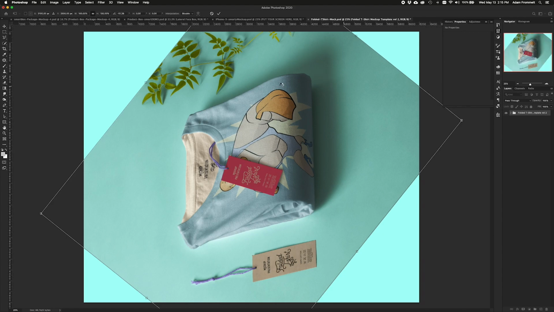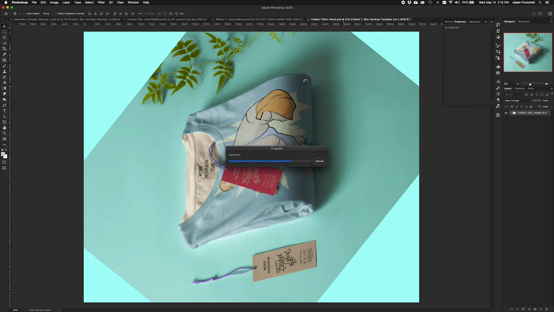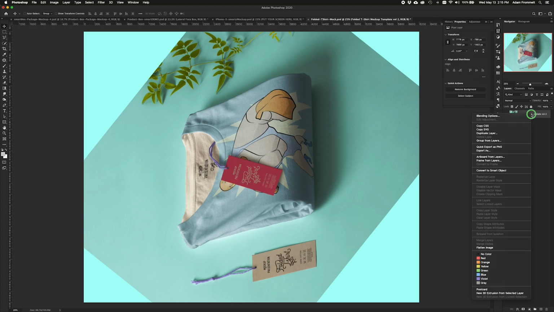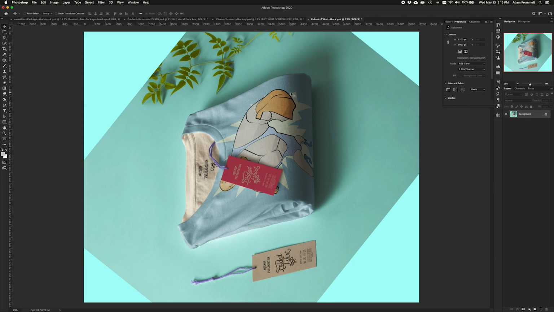I'm going to go ahead and commit to that. And then I'm going to use the rectangle marquee. Let me go ahead and flatten this because I'm going to have to do it sooner or later. So first I had to merge the group. Now I'm going to flatten so that when I pass it over the other way, it's ready to go and use. And now what I'm going to do is rectangle marquee the area of the shirt that I want to